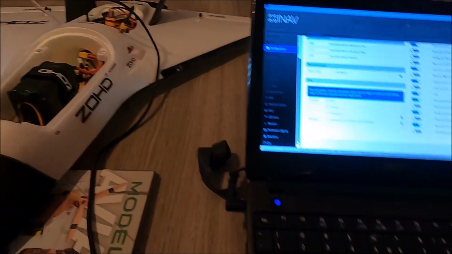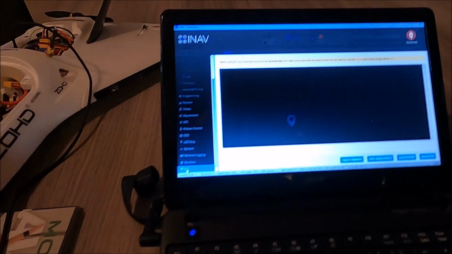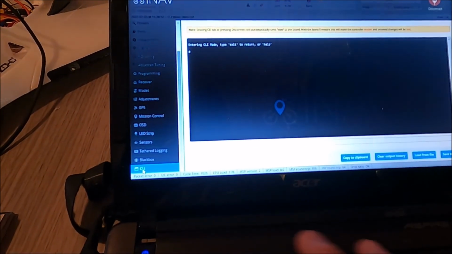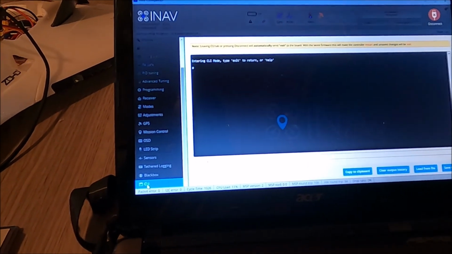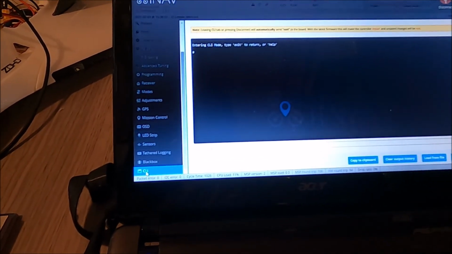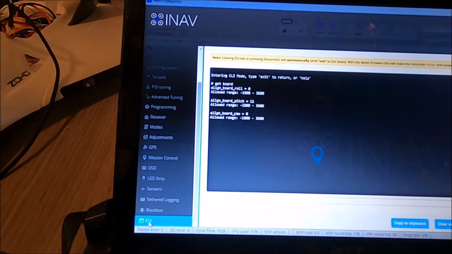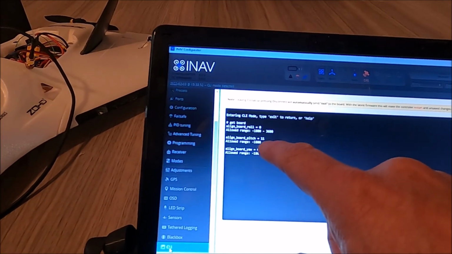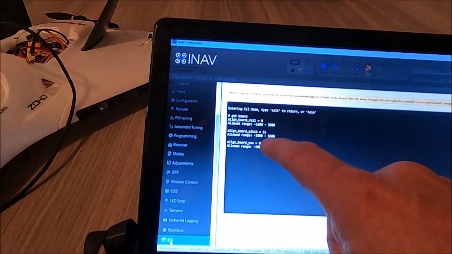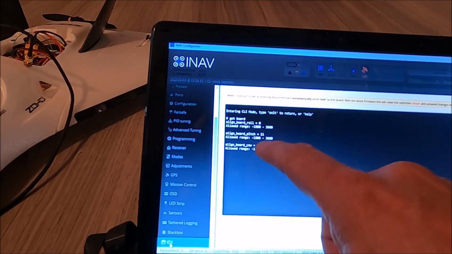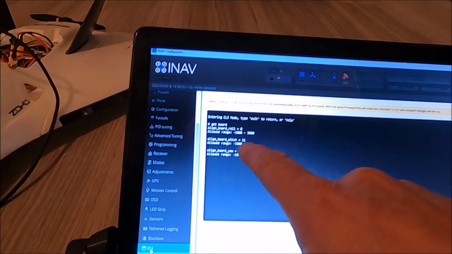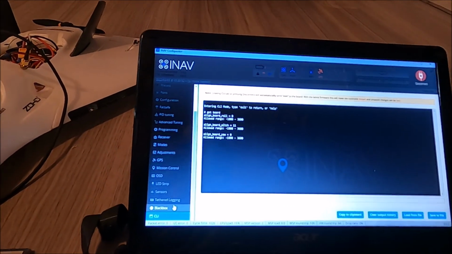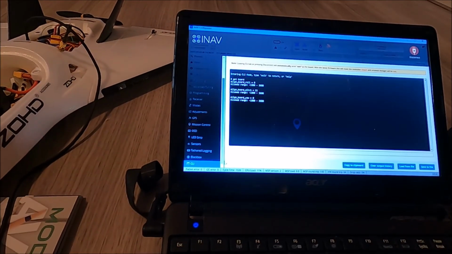So if you go to the CLI, the command line interface, and you type get board and enter, you will see that my pitch alignment is set to 11, and the other two are at 0. By default, this is actually 0. But in order for the airplane to fly level,